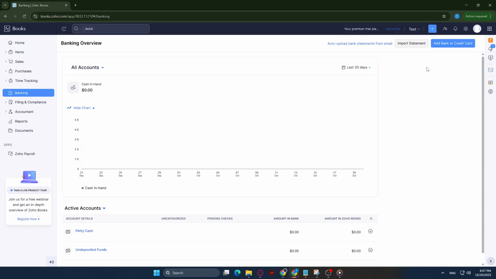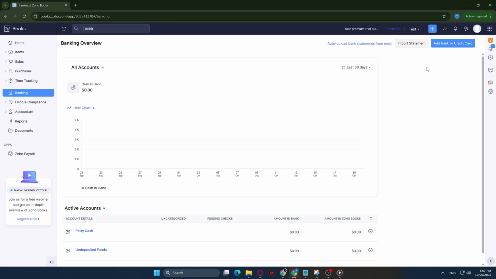Reconciliation is a key part of maintaining a healthy fiscal policy as it ensures that your financial records are accurate and up to date. Remember, regular reconciliation helps prevent and identify errors early, safeguarding your business against potential financial discrepancies. If you have more accounts to manage, repeat these steps for each bank account, ensuring each set of records is